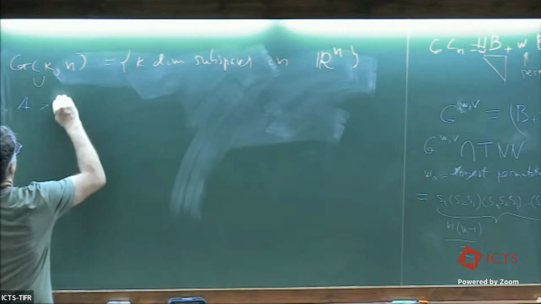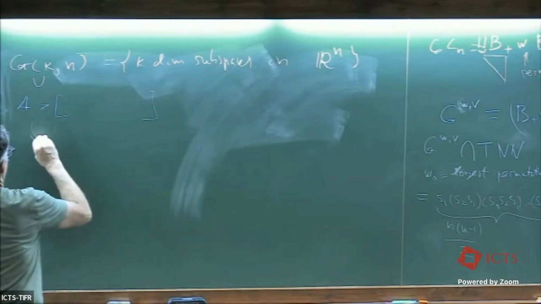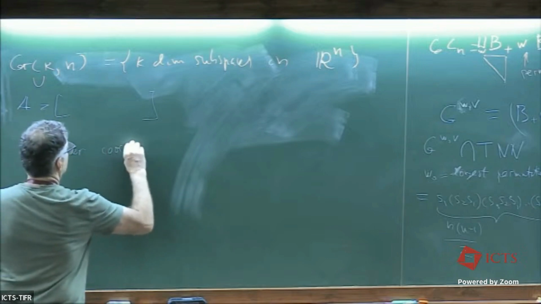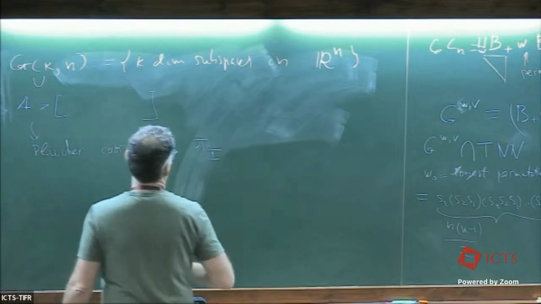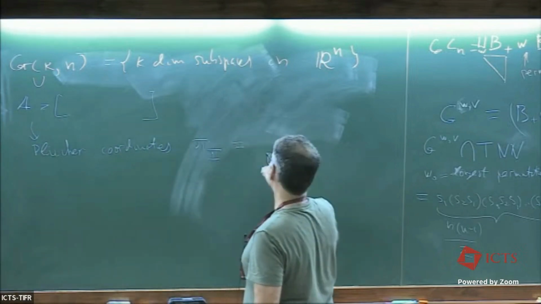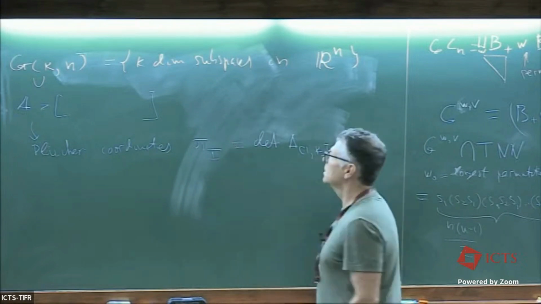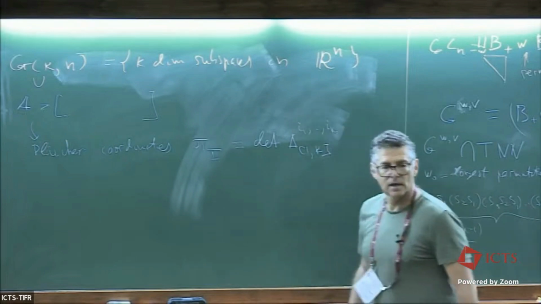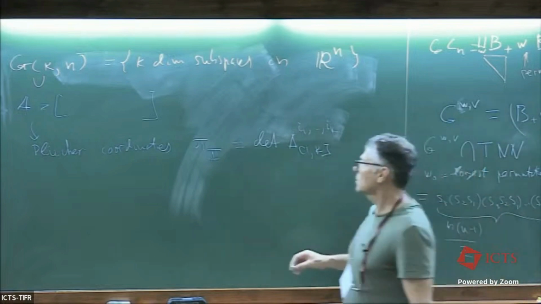You can coordinatize it using Plücker coordinates, π_I, where this is just the determinant of A with all the rows and columns I_1, ..., I_k. Of course we have too many coordinates here, so they are subject to